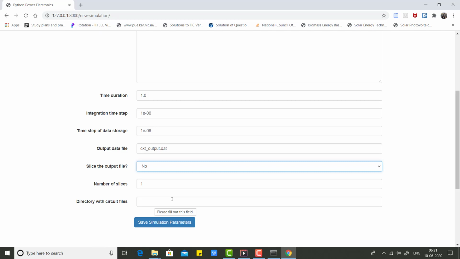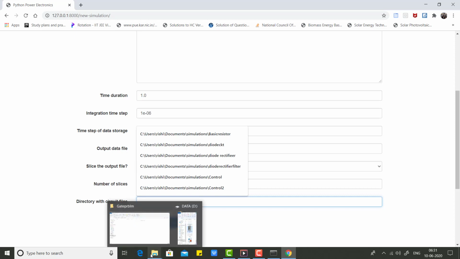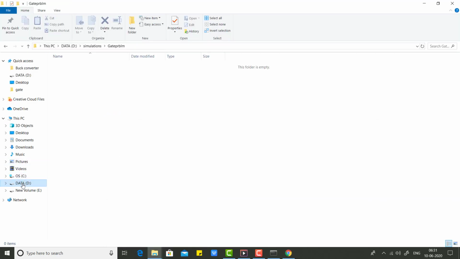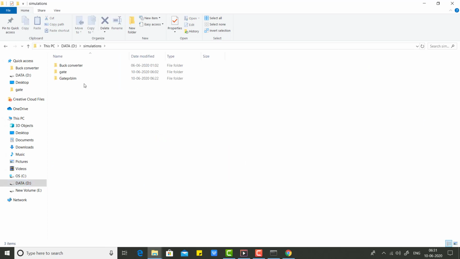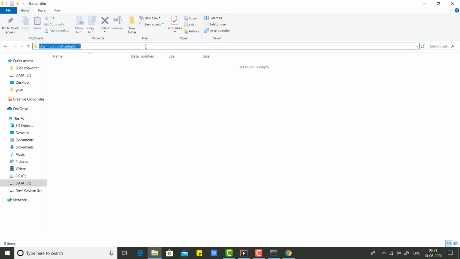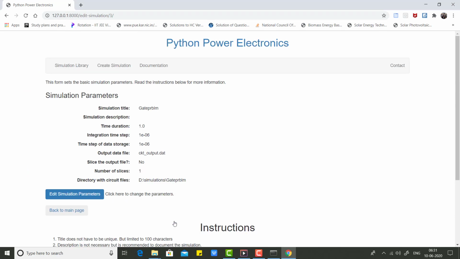differently, like in slices. And this is the directory of circuit files. So here you need to copy paste the directory of the circuit file. So I keep my simulations in directory D, and inside simulation I have already made a new folder known as gate problems. So I'll just copy paste its directory here. So after copy pasting its directory, let us save the simulation parameters and let us go back to the main